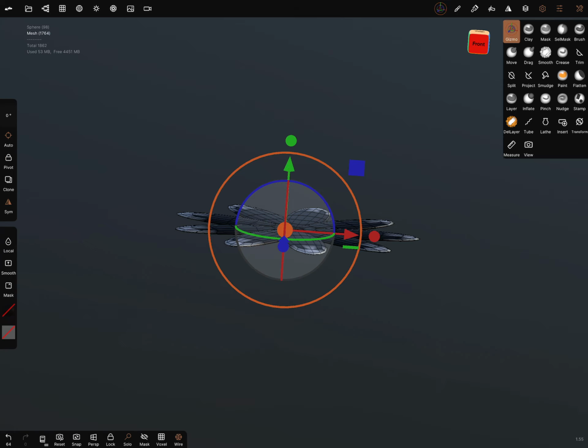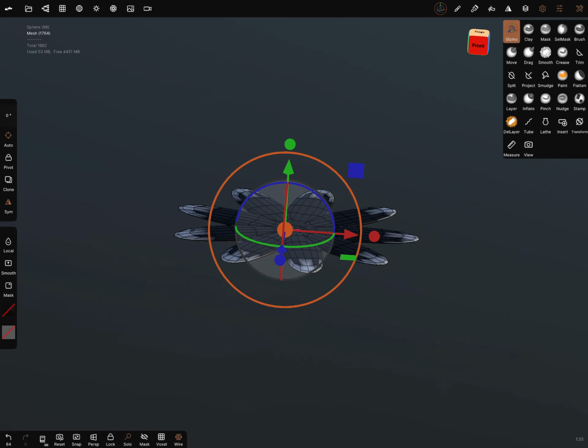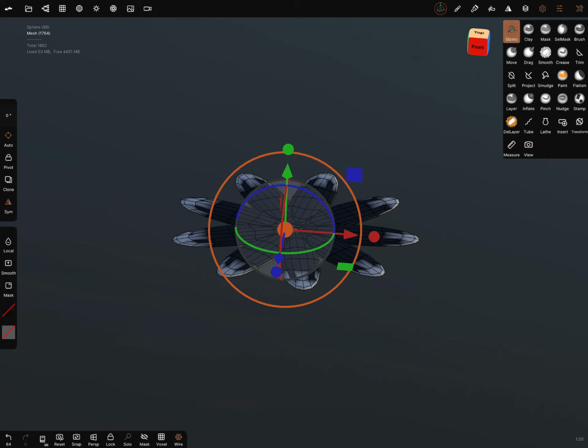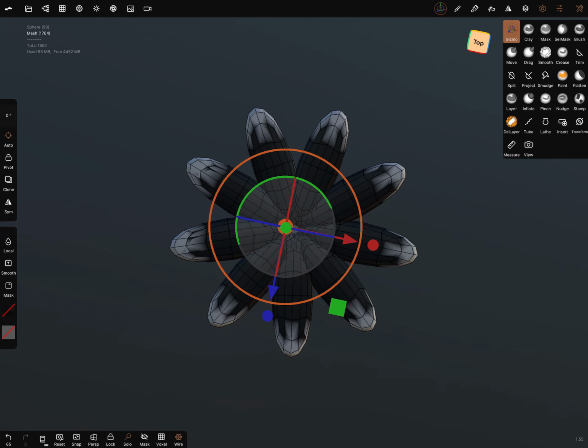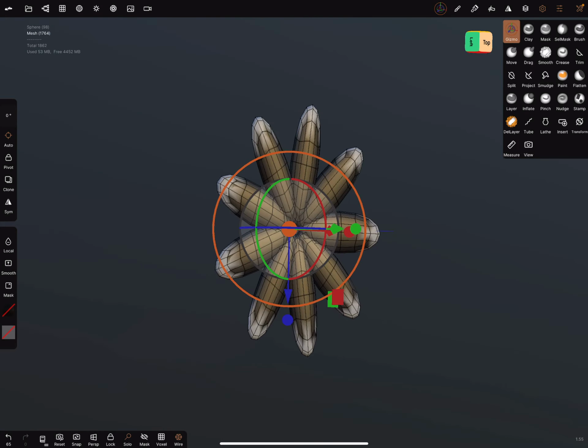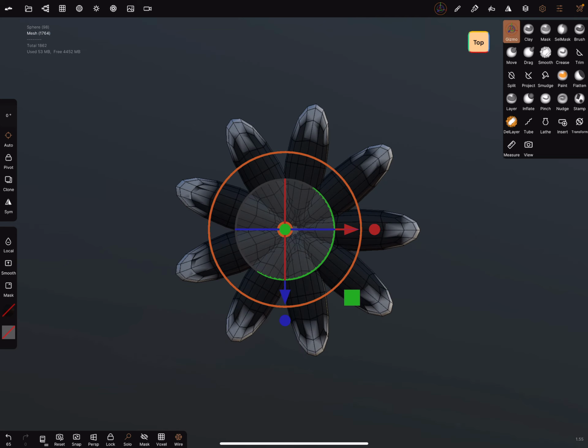And now switch to the gizmo tool. And now something happens. On the left side, there's now the symmetry again on. Turn the symmetry off. And there's an auto pivot. When we are looking in the top view, the pivot is not in the center. I don't know why.